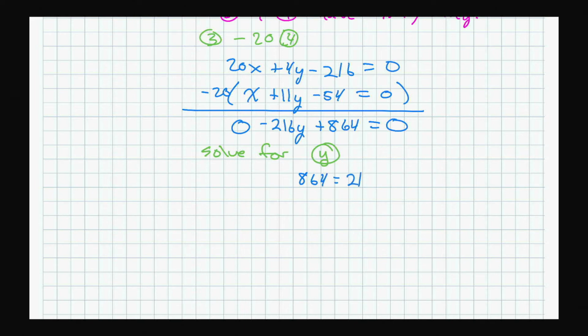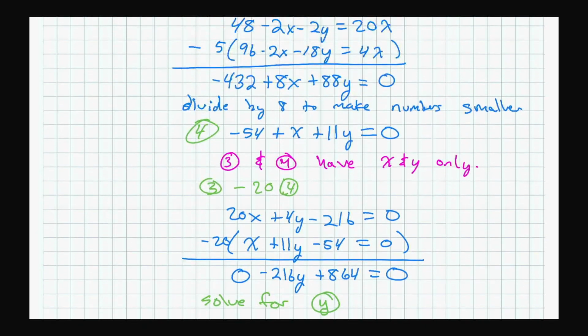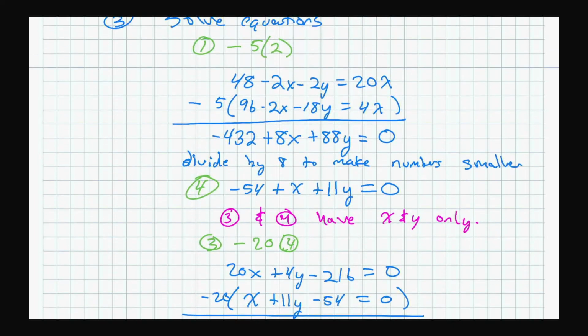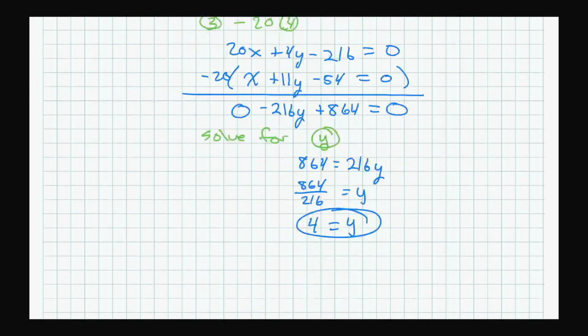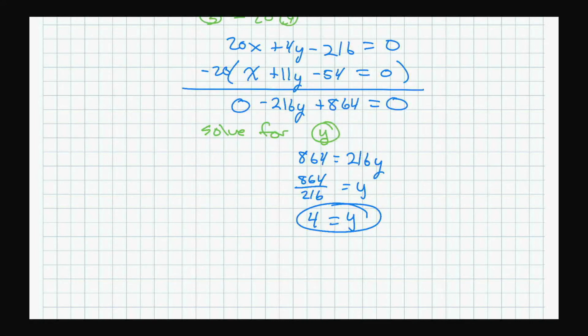So you got 864 equals 216y. So y is 864 over 216, which is 4. Now, once you have the 4 for y, we need to get the x. You can get the x from equation 4 or equation 3, whichever one you want. So I'll just plug this into